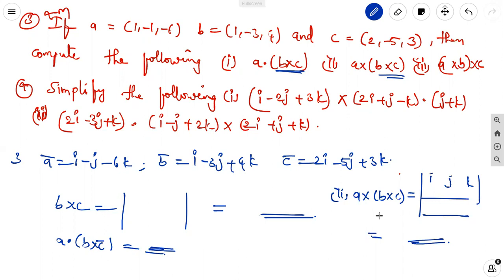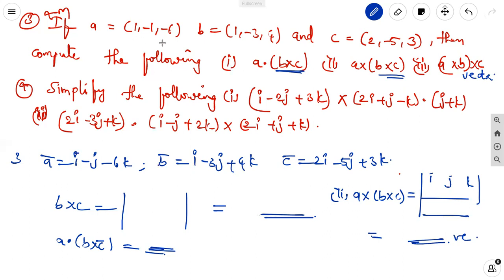The cross product of two vectors is a vector. The third one is first to find the A cross B determinant, next to find the determinant of the A cross B vector with the cross of the C vector. Again, this is a vector. Already we did the same relation in the previous problems. This is for homework.